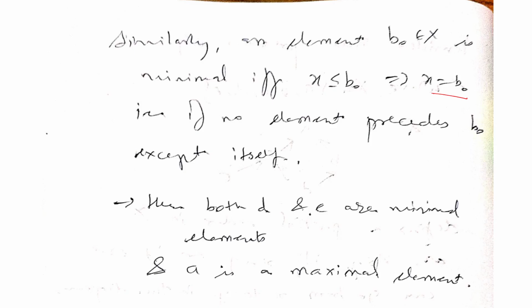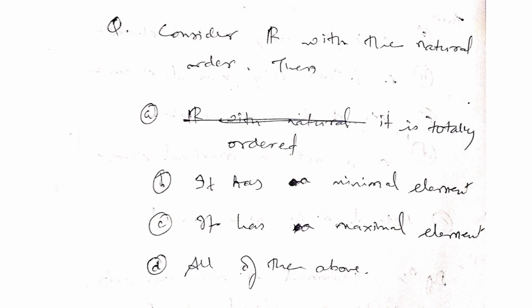Yes ma'am. Okay, so one more question related to this maximal and minimal. So consider R with the natural order, then it is totally ordered, or option B, that is it has a minimal element, option C, that is it has a maximal element, option D, that is all of the above. मैम ऑप्शन A।